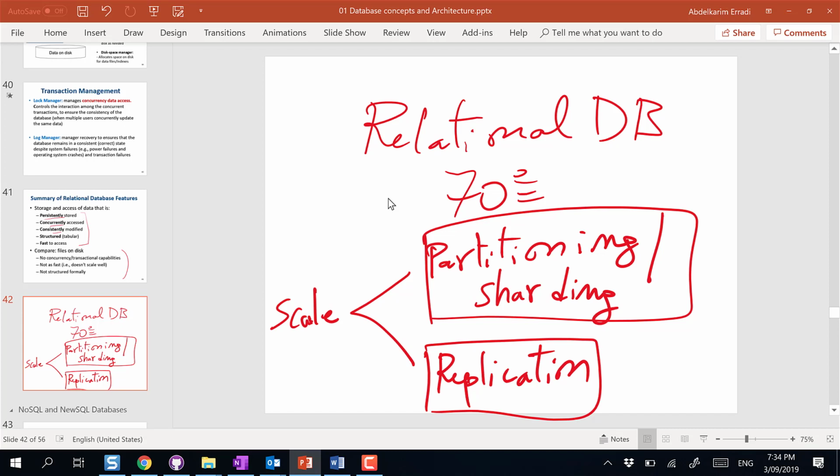Because when you have multiple copies, what this allows you to do is route reads to multiple servers. So if you have let's say 1,000 reads coming and you have 10 copies, you divide the load. 10 copies, every server will get 100 reads, instead of sending all the reads to one server. So you need these two basic ingredients or basic mechanisms for handling scalability. Both the partitioning and sharding will help you to handle the big data problem. And replication will help you to handle